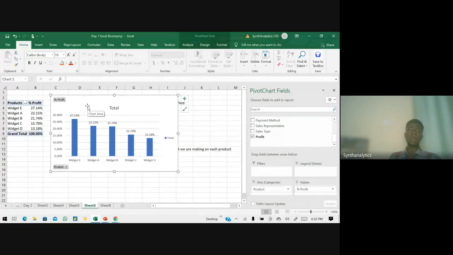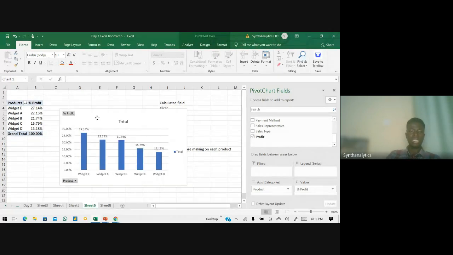Then, if you now want to do a more detailed analysis, we have different types of analysis. We have what we call descriptive analysis. Descriptive analysis is telling the story of what is happening in your company at this particular point in time. We have prescriptive analysis, we have diagnostic analysis. All these types of analysis can be done once you have seen your dataset.